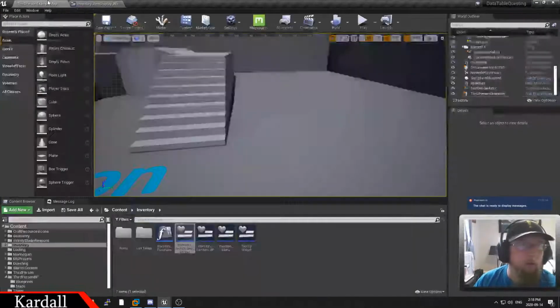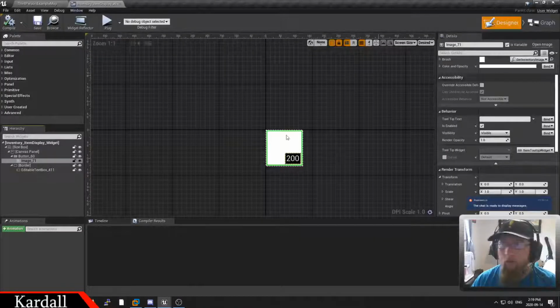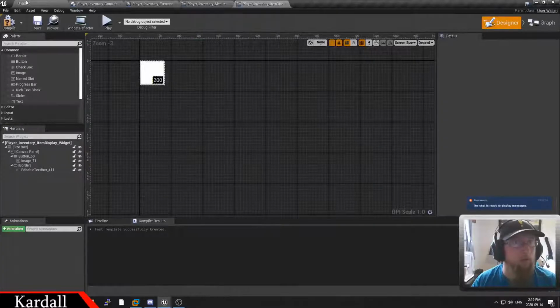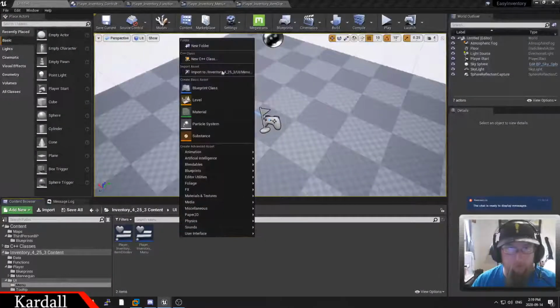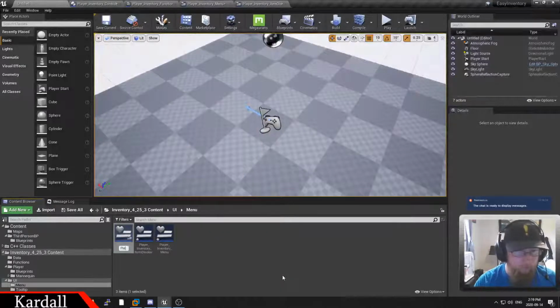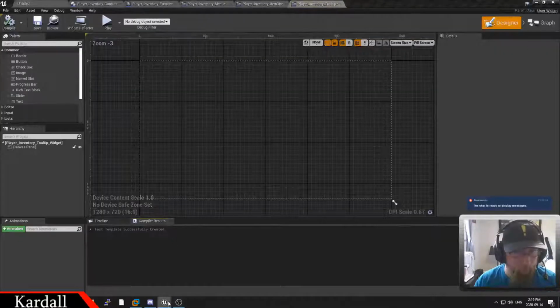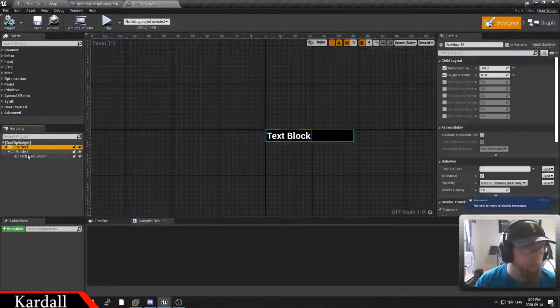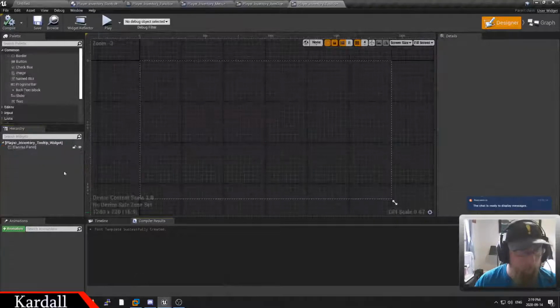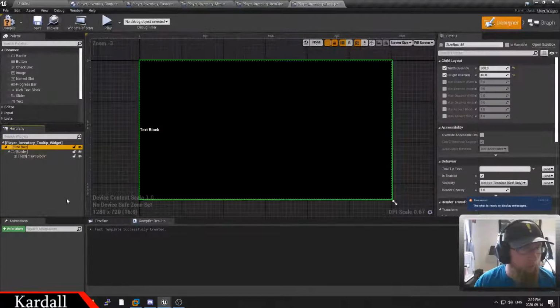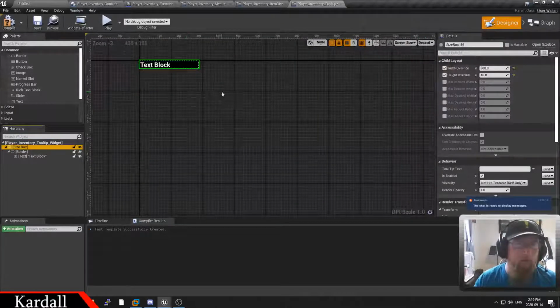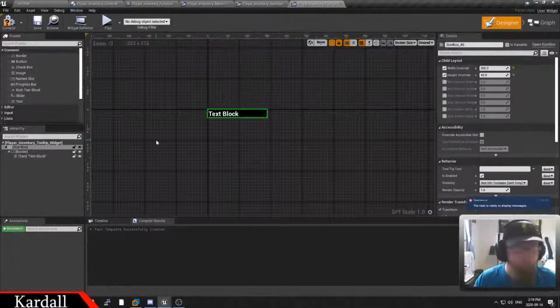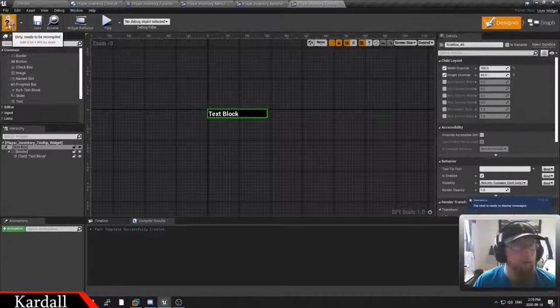Okay, so let's also make the widget part. So we'll go back to the easy inventory, and we need a tooltip widget. So this is player inventory tooltip widget. We'll open that up and we'll go back into our original one here, and this is the tooltip widget. We're gonna copy this, go back to this one, delete the root canvas, and paste. Set this to desired. Alright, so there's our tooltip widget. Alright, and we'll just compile this,